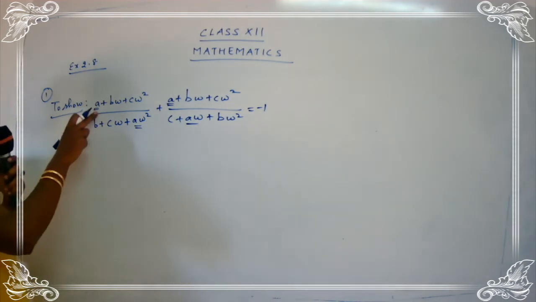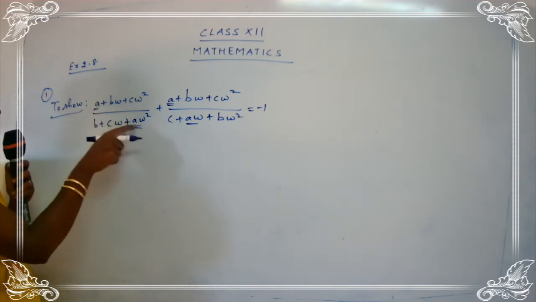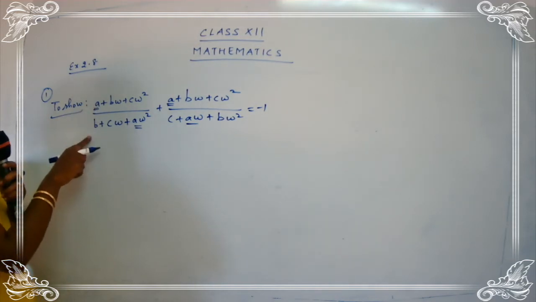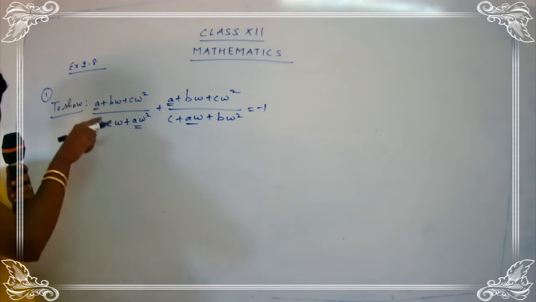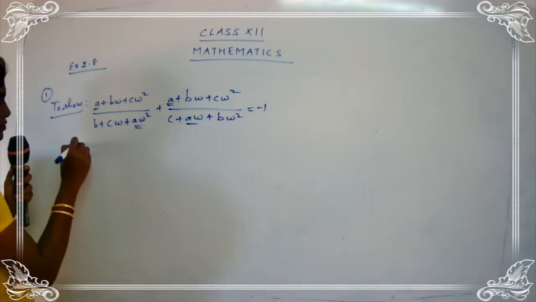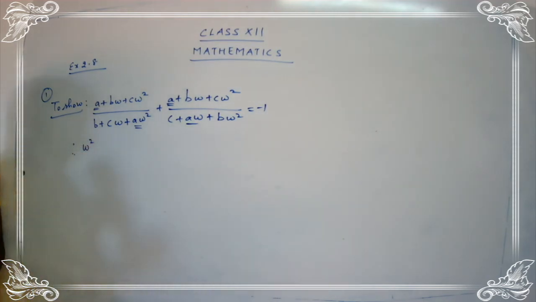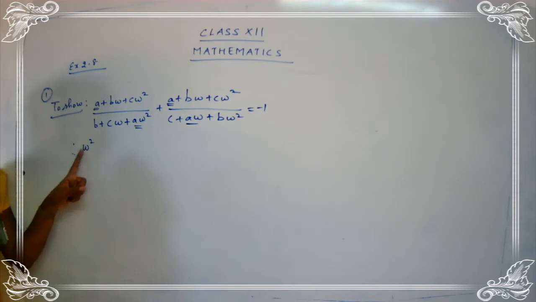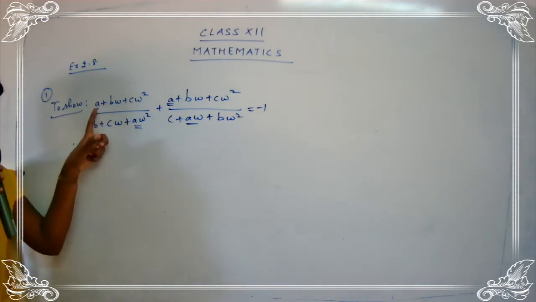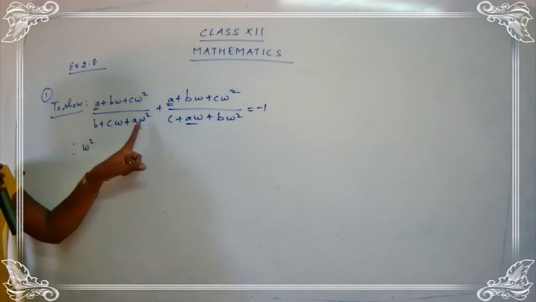So now here it's A, and here it's A omega square. So what I'm going to do is, I'm going to multiply by omega square in the numerator and in the denominator. I have told you we just cannot multiply in the numerator. Whatever changes we do, it should be done on both the parts. So let's do the changes. Therefore, here I'm going to multiply by omega square. How do I get this omega square? I'm just focusing on the term A. So here it was A alone, and in the denominator part it is A omega square. So I'm just going to multiply by omega square.